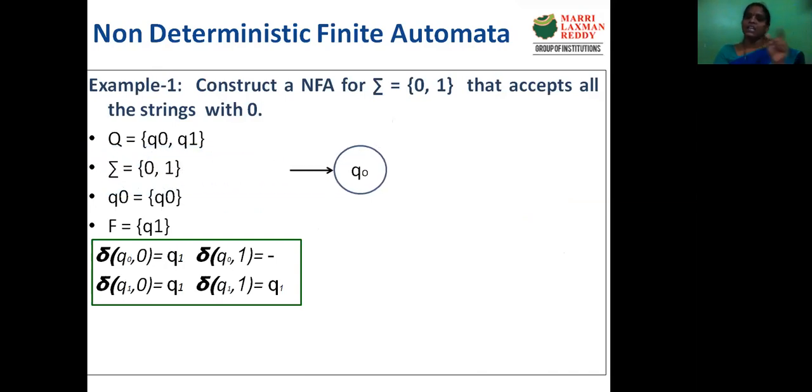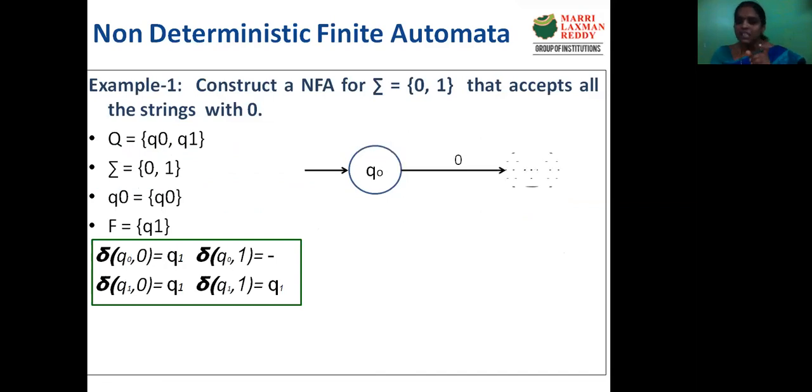So now here the initial state is Q0. Now my NFA should move on to the next state upon receiving a 0, which is nothing but my final state. And in this final state also, if it receives 0 itself, then it should remain in that state only, which is nothing but the NFA. And now if you clearly see this NFA, there are multiple transitions and there are transitions which are not yet defined on these input symbols.